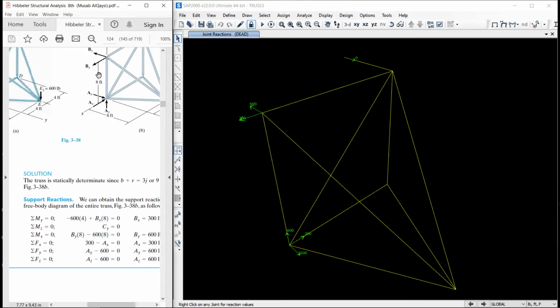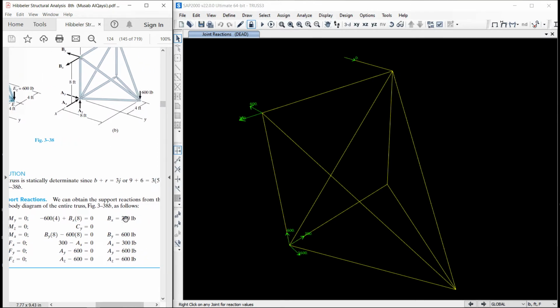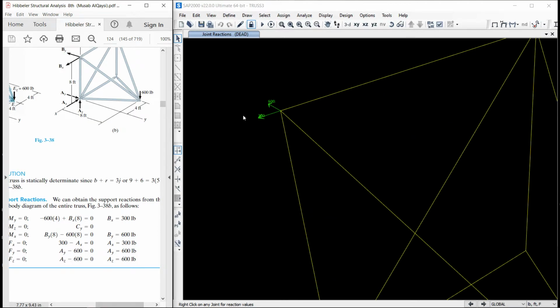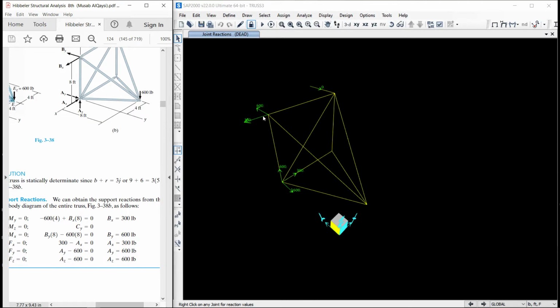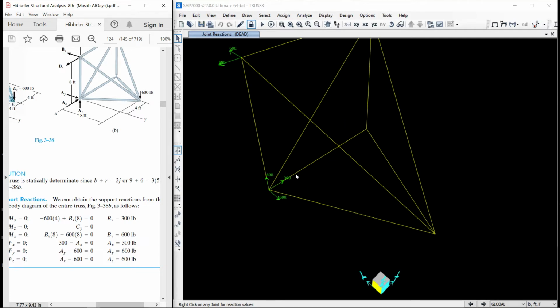Now we can see that Bx and By, Bx comes out to be 300 pound, By comes out to be 600 pound. This is 300 and 600, absolutely correct. And then Ax, Ay and Az, Ax is 300, Ay and Ez are 600 pounds. So this is 300, 600 and 600.